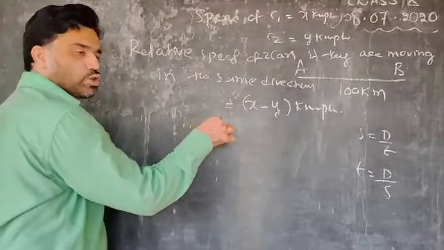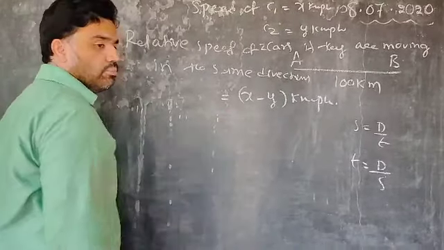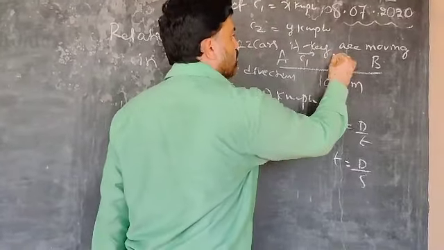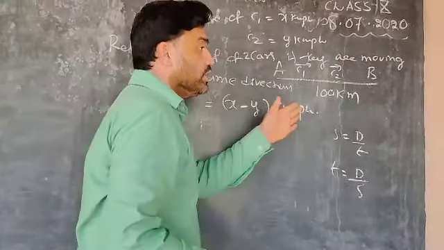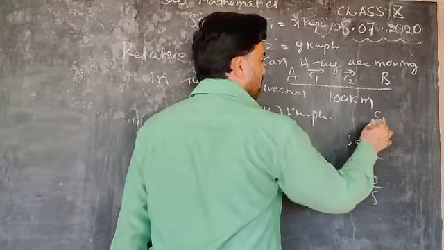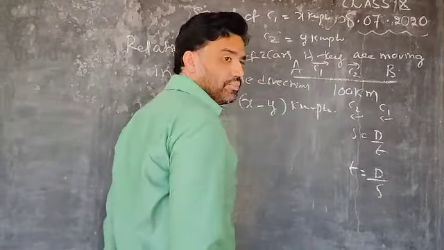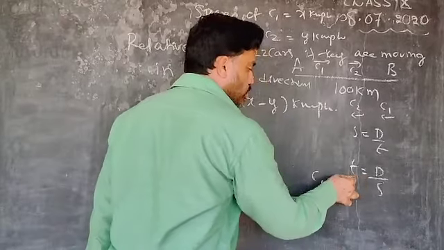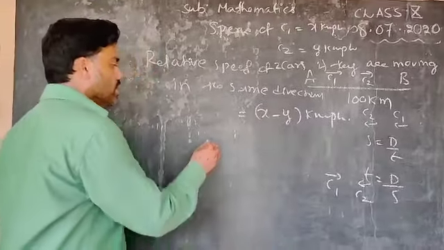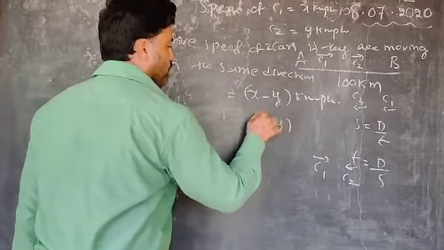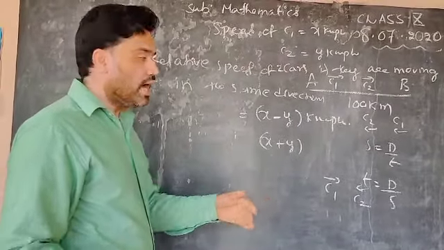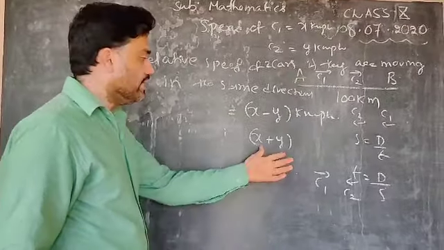Same sentence, relative speed of two cars if they are moving towards each other. Here car 1, another one is car 2. Both of them are moving in the same direction. Then when do they meet? They are moving at different speeds. If this car, this way also they may travel, isn't it? Both of them are moving in this way. But car 1, car 2, they are towards each other means quite opposite. When do they meet? They are moving at different speeds, then the relative speed is x plus y when they are moving towards each other. Towards each other, then x plus y.